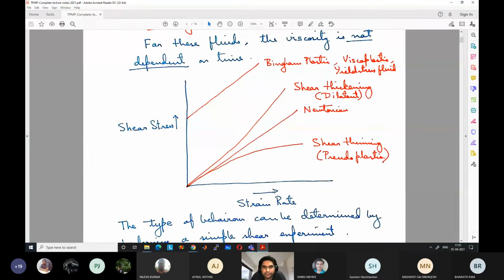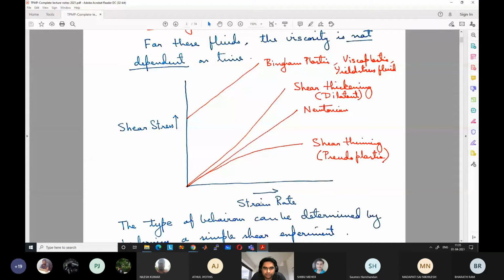So for example, dx/dy will be strain and du/dy will be strain rate. Okay. So if we consider our Newtonian fluid, the stress is always proportional to the strain rate. The shear stress that is developed is always proportional to the strain rate. So if we increase the strain rate to 2 times, the shear stress will also increase by 2 times.